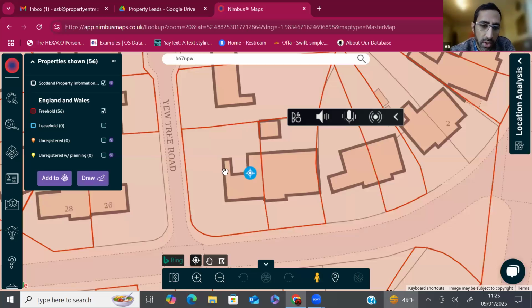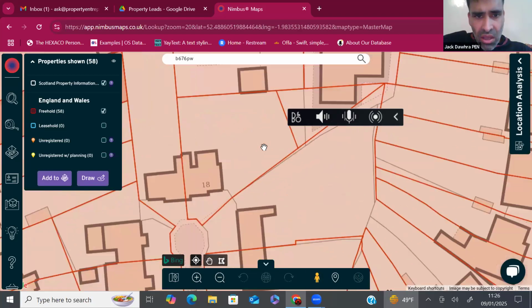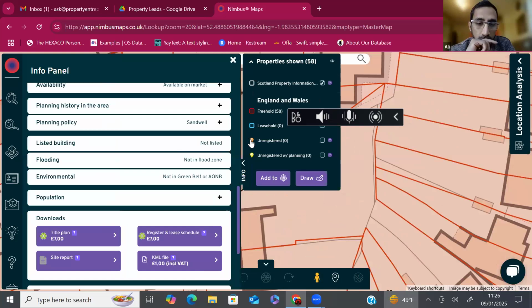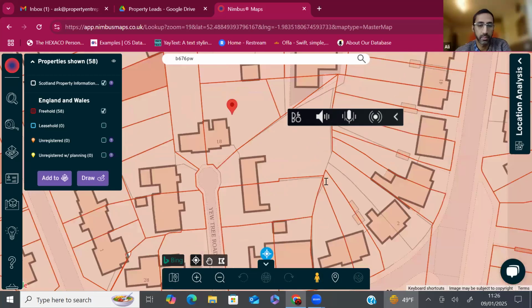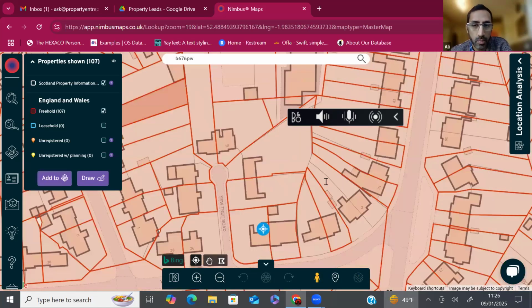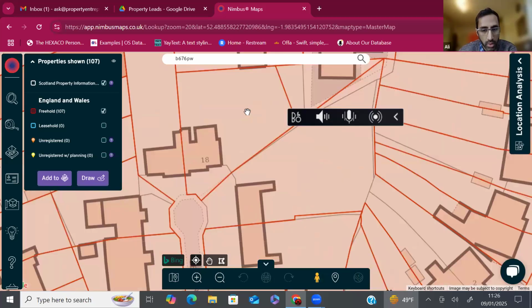Sorry, can you just zoom in? It's actually right at the end of the cul-de-sac, the property. Yeah, so it's 18. Is it number 18? My apologies. Okay, well, this is a large plot. So I was looking at the wrong one. This is a much larger plot. Anyway, my apologies. So number 18. And what do you mean when you say access? So what are you trying to work out, if we can build at the back in the garden? Yeah.